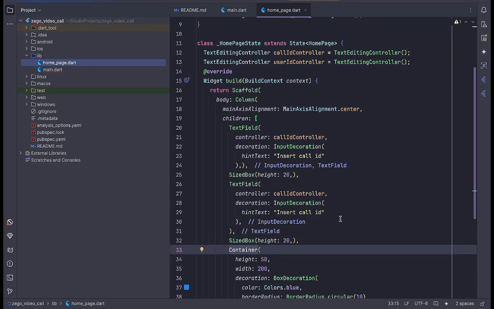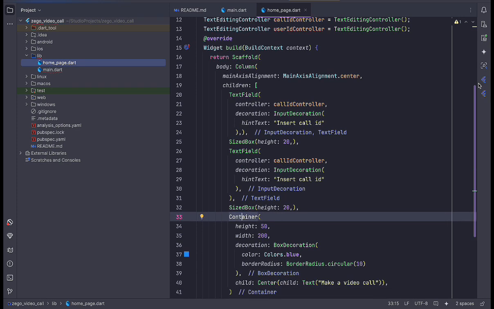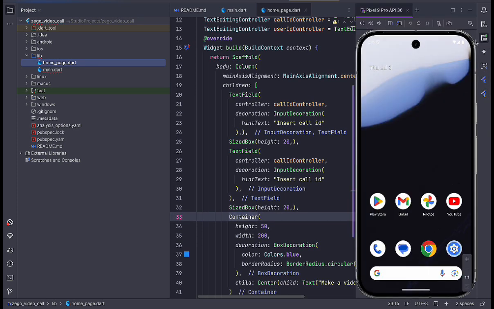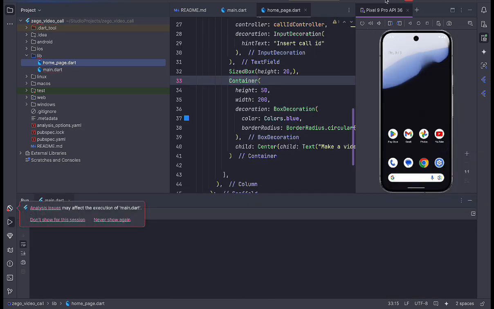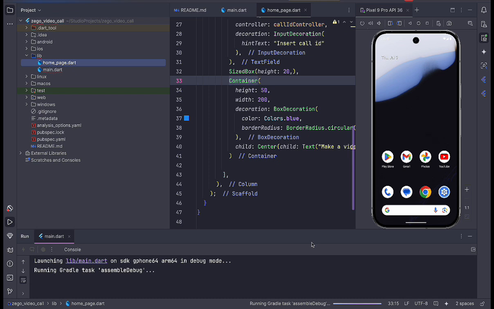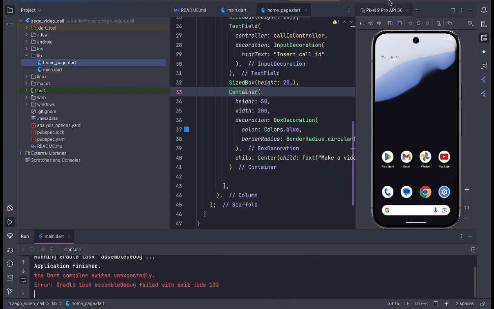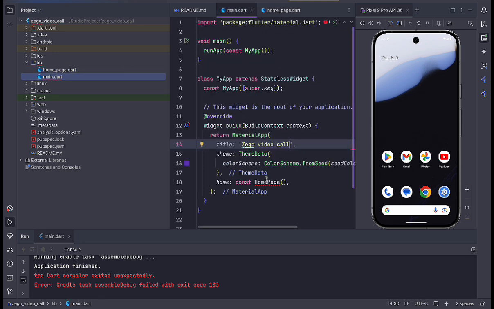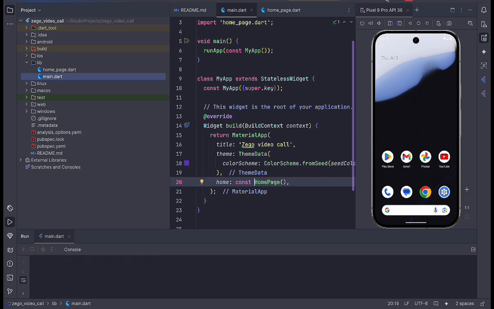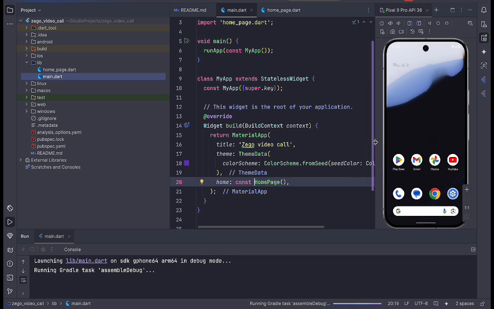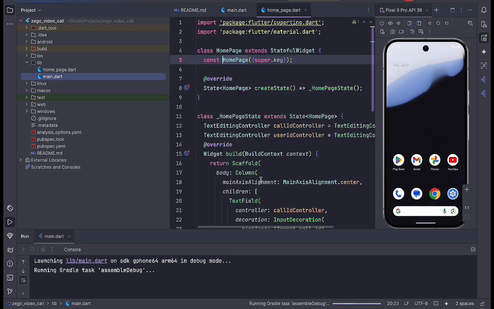So I think we are done here. So let's check our emulator if it's on. Then we'll try and run this. So while this is running, I'm sorry, it's going to give an error because we've not imported the home page yet. So once we've imported, now we can run this. So while this is running currently, we'll be working on